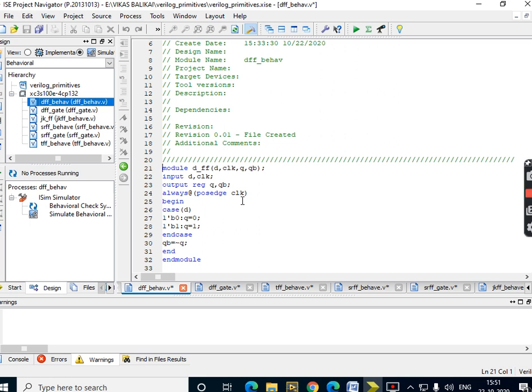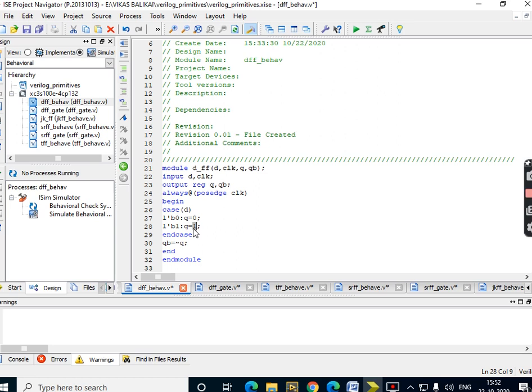Now what do we have to do? Because there are multiple assignments, I'll be using begin and end. So begin, I use a case statement here. Case of D, depending upon the D input, different cases have to be executed. Now what are the cases here? 1'b0, 1'b0. So if D is 0, the meaning is this one: if D is 0, Q is equal to 0. This is how we write case statements. So when D is 0, Q has to be 0, and similarly when D is 1, Q has to be 1. So this is what our table has indicated. In behavioral modeling, we are representing the table in the form of equations. Therefore the name is behavioral modeling.